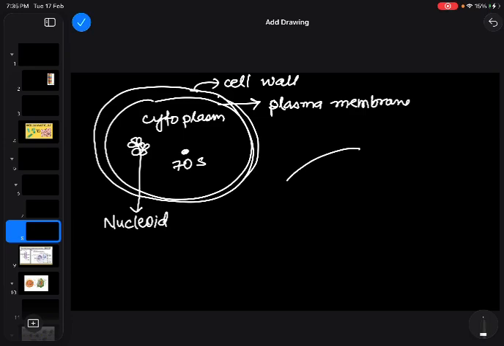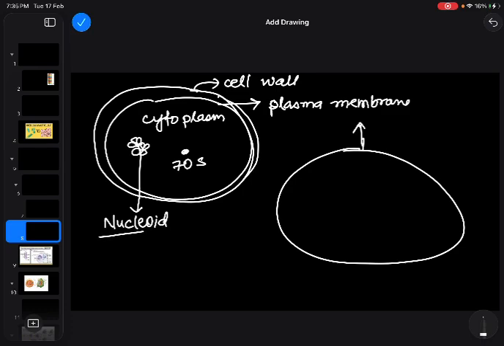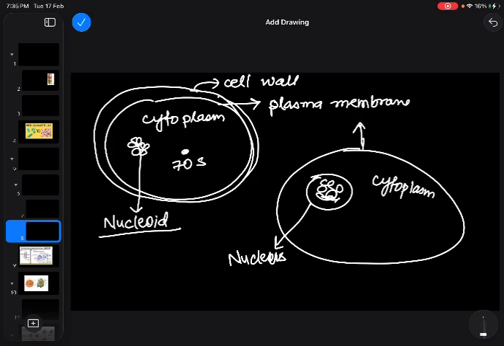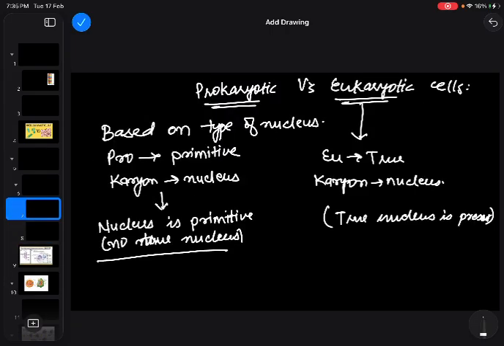But when we see eukaryotic cells, it also has plasma membrane, but in this case, since nucleoid is not present, genetic material, DNA, is present inside the nucleus. So this is called nucleus, which is separated from the cytoplasm. Also eukaryotic cells have membrane bound organelles,